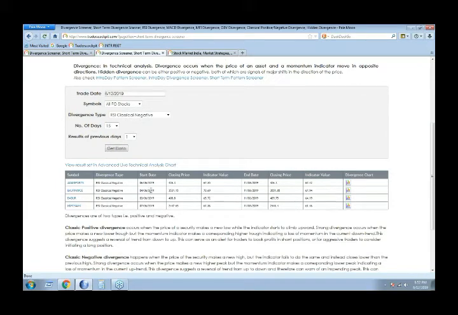Now in Bajaj Finance, if you see, the divergence occurred between dates 4th of June 2019 till 11th of June 2019. On 4th, the price was at 3,531, and on 11th, the price went up to 3,551.